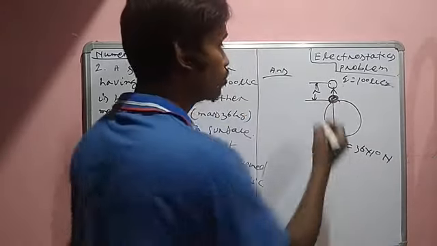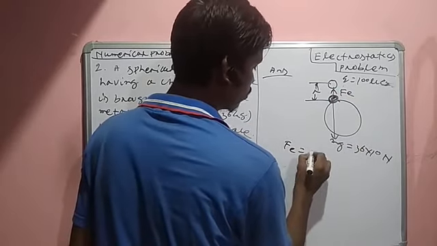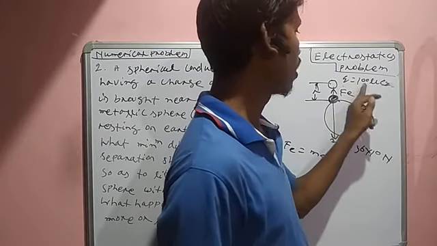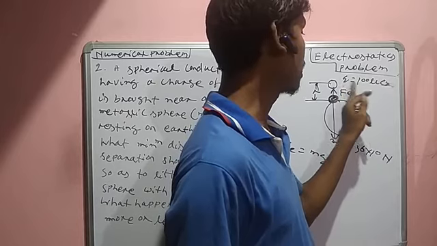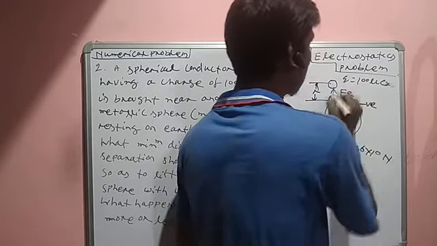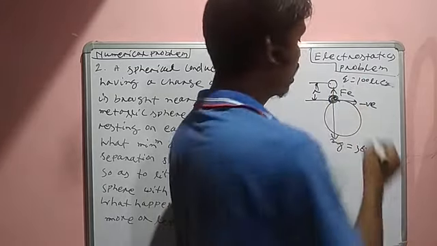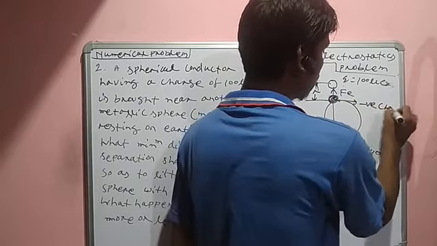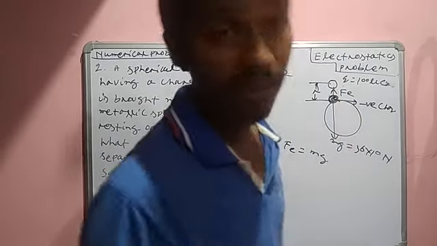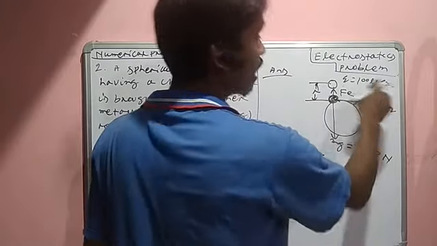That is why we have to choose this force: the electrostatic force is equal to the weight. That means the electrostatic force is available whenever this body has 100 microcoulomb charge, but this body must be negative because the force is attractive. Attractive means this body moves toward this body. That means for an attractive force, this body must be negatively charged. In this question this body's charge is not given, but in this negative charge, we have to choose 100 microcoulomb.